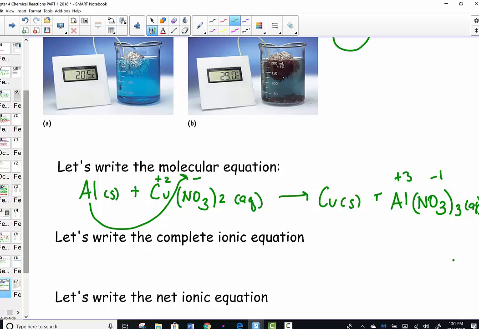I had a piece of aluminum foil in a solution of copper(II) nitrate. Time goes by, and we have a single replacement reaction occurring. Going into solution is the aluminum ion, and falling out of solution is copper metal. The two metals have exchanged places. To balance this,